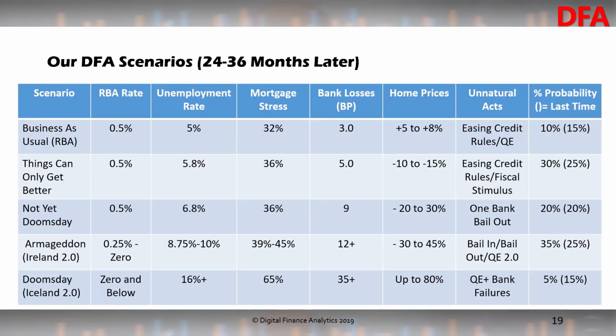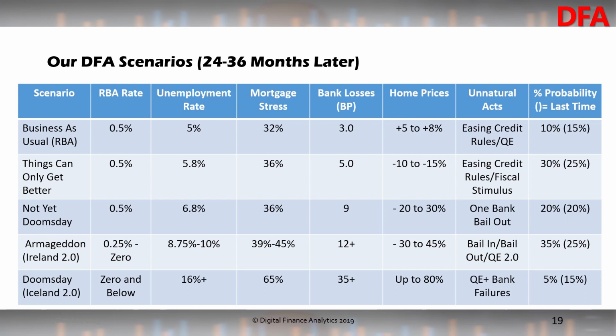One of the things we do with our modelling is run our own scenarios, and this is a way of trying to understand what we think could be happening. So I think the best case, if the Reserve Bank is playing its book to cut rates again, the employment rate drops a little bit, I think mortgage stress will probably stay around the same level. Over the next couple of years, looking from a few months back forward, I think there is a path to home price growth. It's basically over a 3-year horizon, a year back and then looking forward 2 years. So home price growth, there is a path, but it's only a 10% probability on the data that I'm seeing.